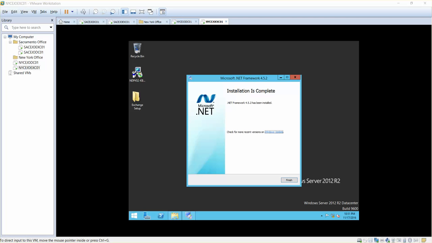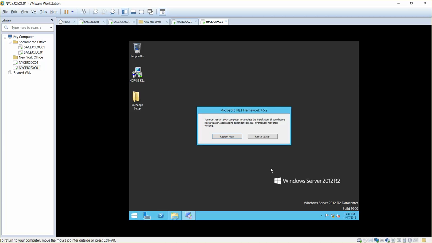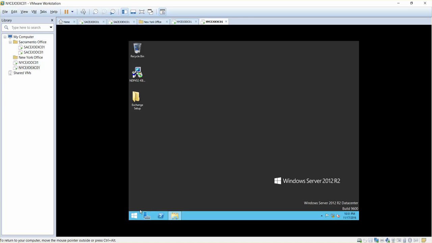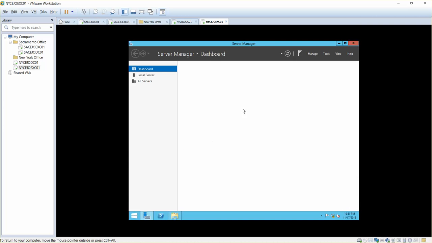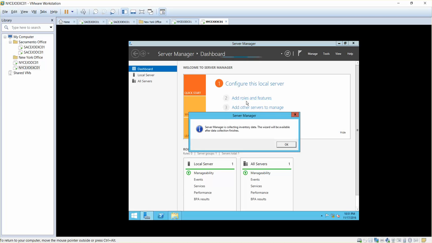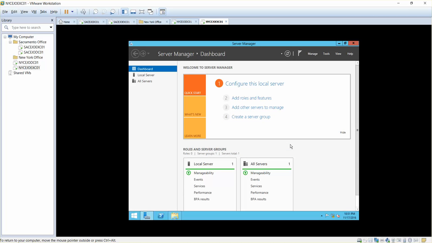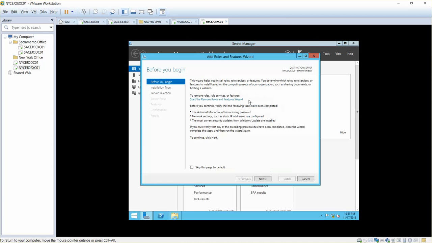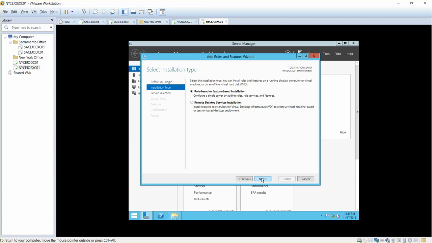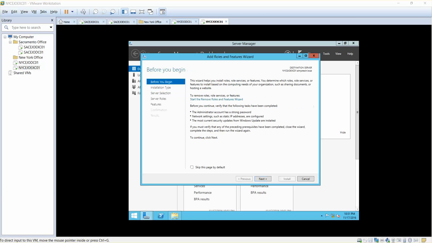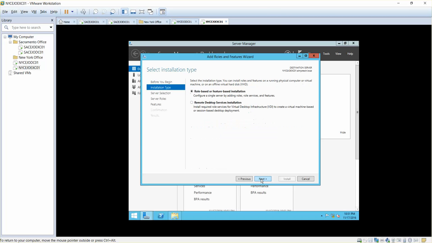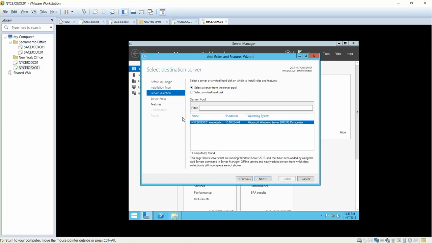Okay, so the installation is done for .NET Framework. It is asking me to restart, but I'm going to say restart later, and then I will try to install IIS. I'll click on add roles and features. Next. Click on next here. So it is role based, and this is the server where we will be installing our